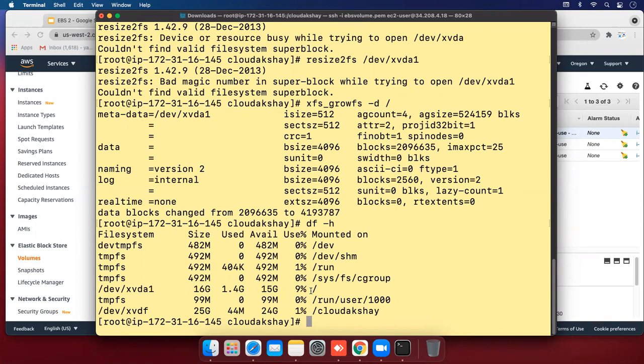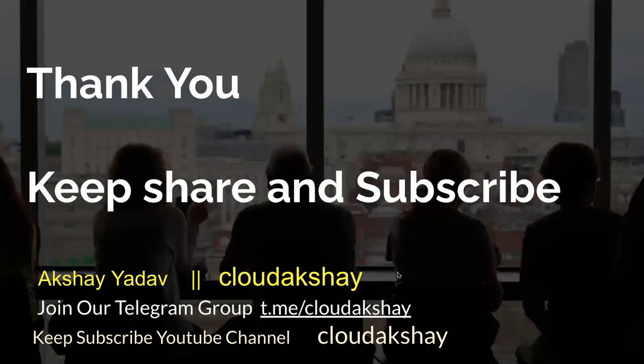So this is the practical for how to resize or extend the root volume. So we successfully did our 6 labs related to EBS volumes and EC2 machines. And in the upcoming session, we will cover snapshots and AMIs and everything related to snapshots, and how to deploy an EBS volume in a different availability zone and region, and how to replicate across regions.